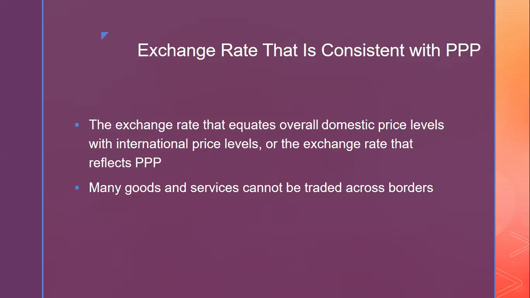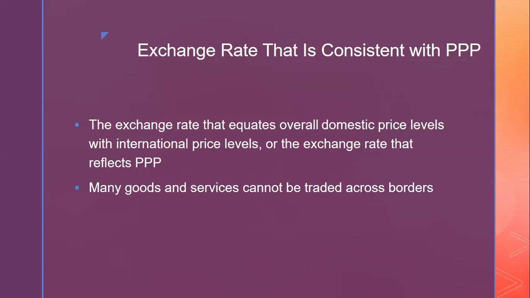This is quite popular for comparing the standards of living among nations. But this definition also has its drawback, because there can be some goods which are not tradable across borders,